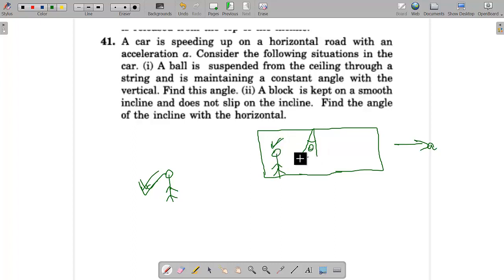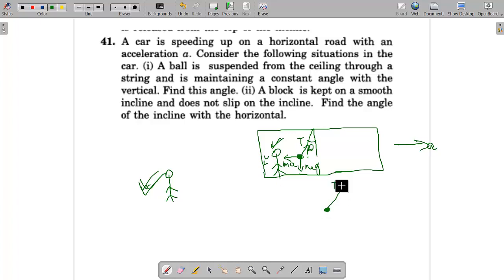There is nothing acting, and there is a mass mg here, there is a tension force here, and this body is not moving. So basically this body should move if this kind of forces are there. So he has to apply a pseudo force in the opposite direction that will be equal to m into the acceleration of the non-inertial frame. Understood? Got it? So with respect to this person, this body is at rest, so there is no acceleration of this body.